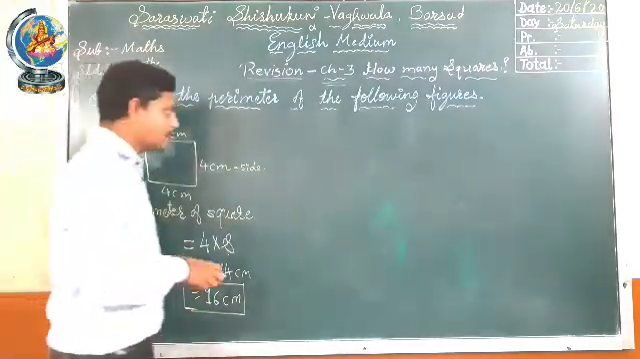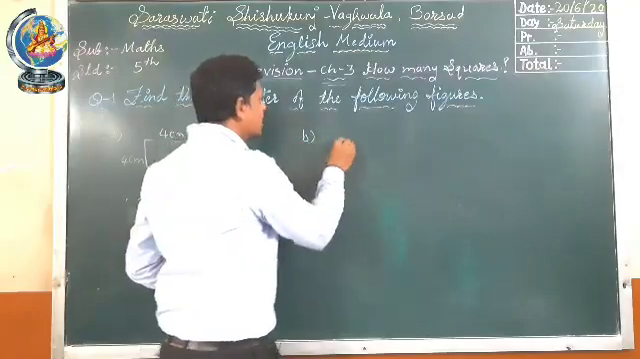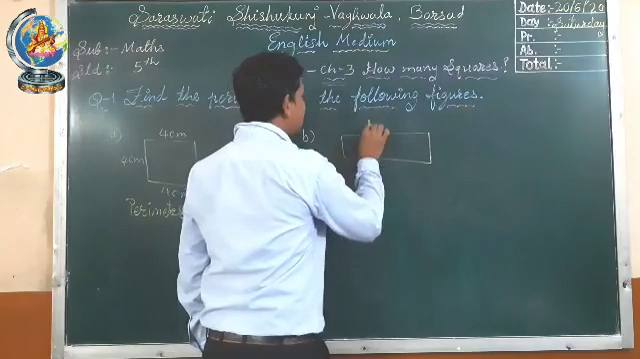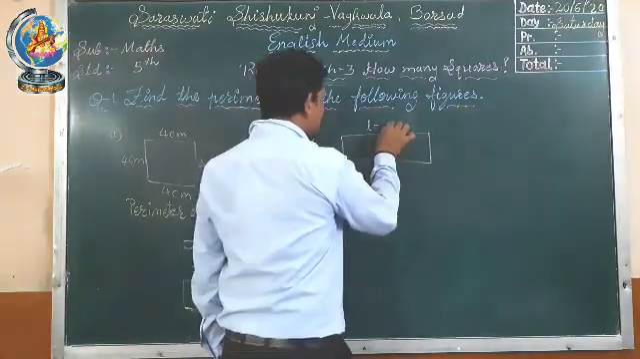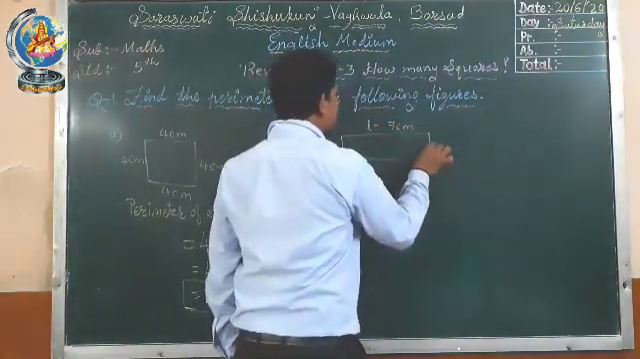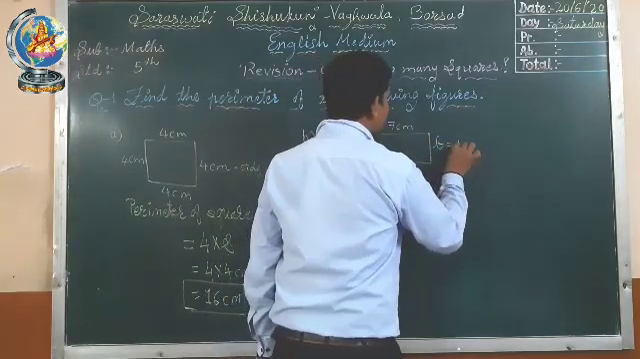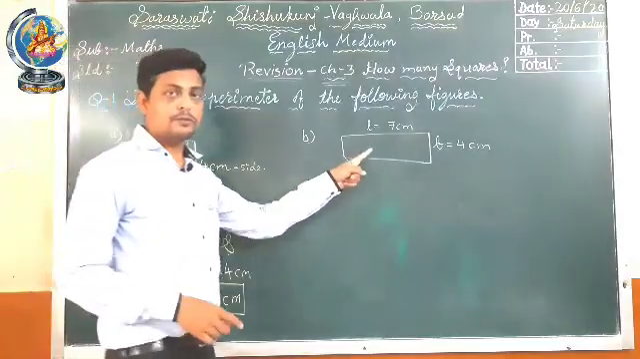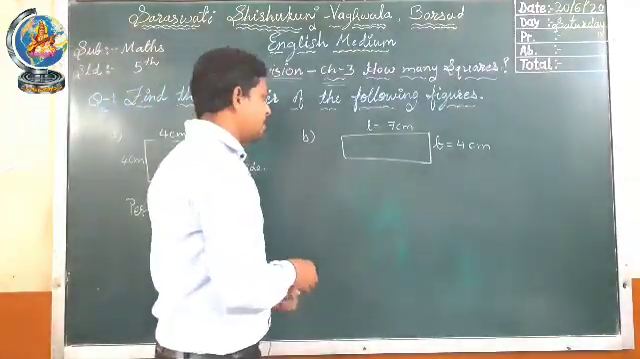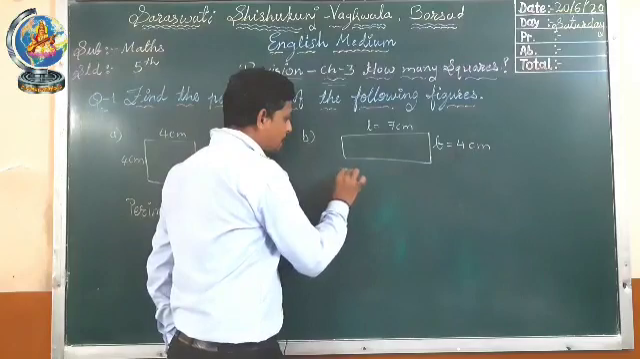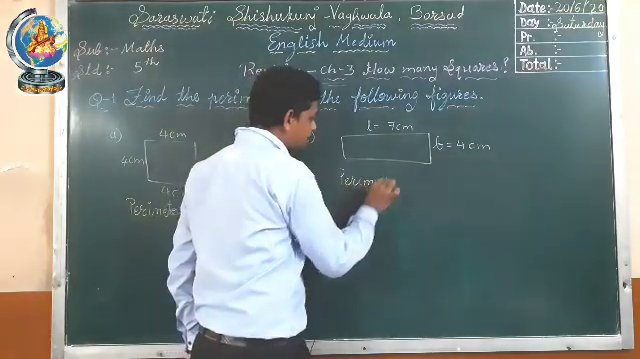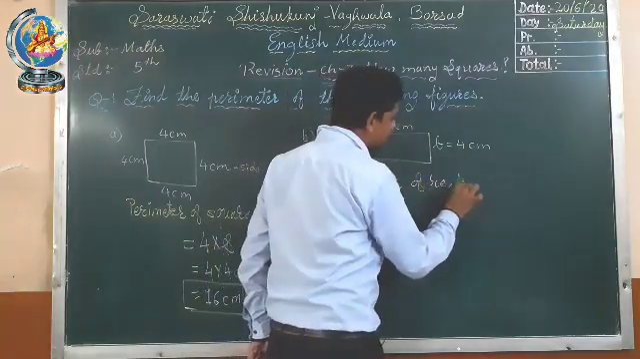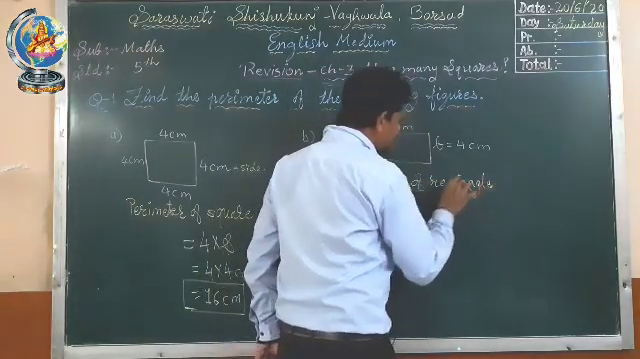Now, we will do the next sum, B number. Now, we will find the perimeter of a rectangle. Suppose L is equal to 7 centimeter and B is equal to 4 centimeter. So, let us find its perimeter. So, perimeter of rectangle is equal to,